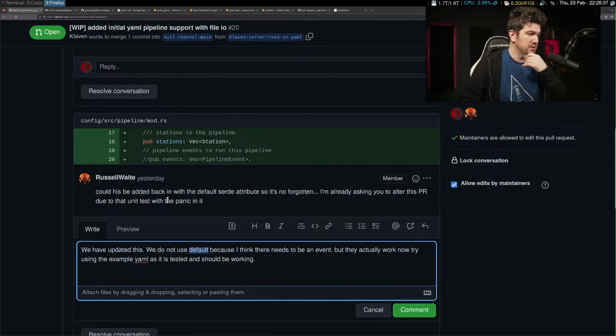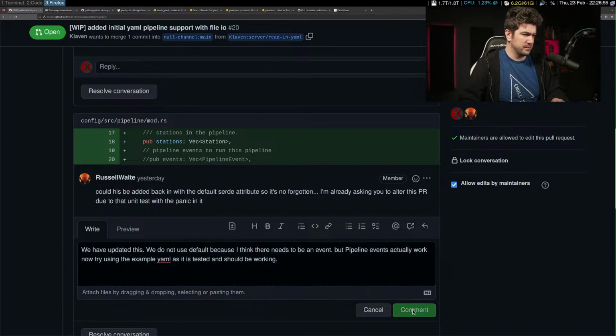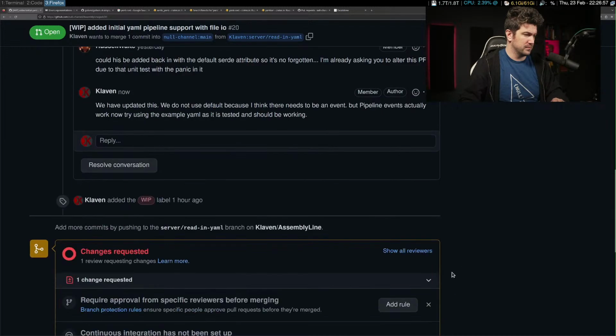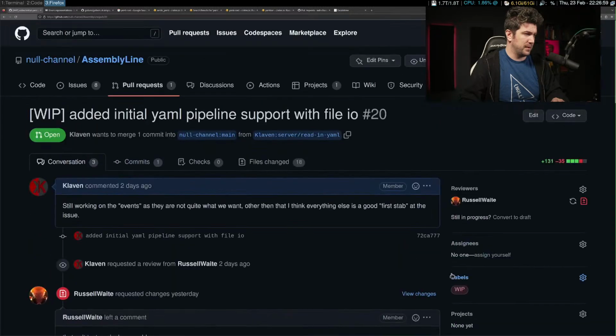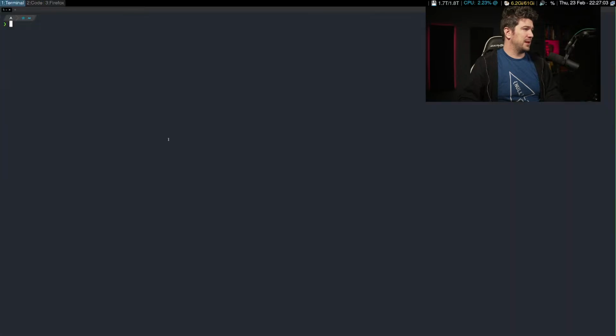We do not use default, which is what he was asking, because I think there needs to be an event, but pipeline events actually work now. Try using the example YAML as it is, but test it and it should be working. Okay. So I think we've covered all this. Let's update it and check.